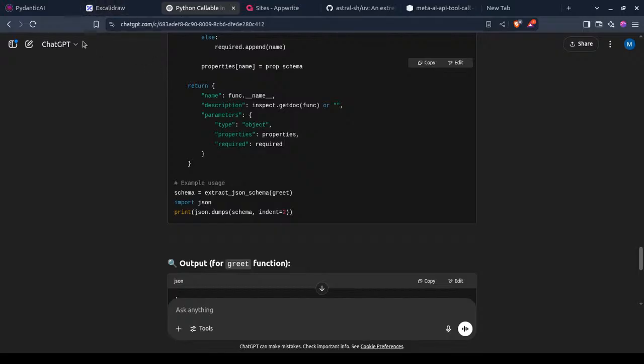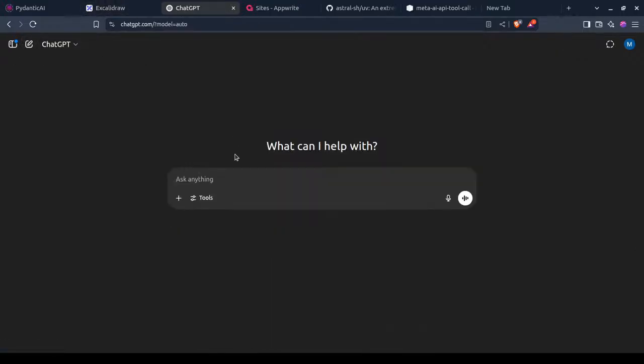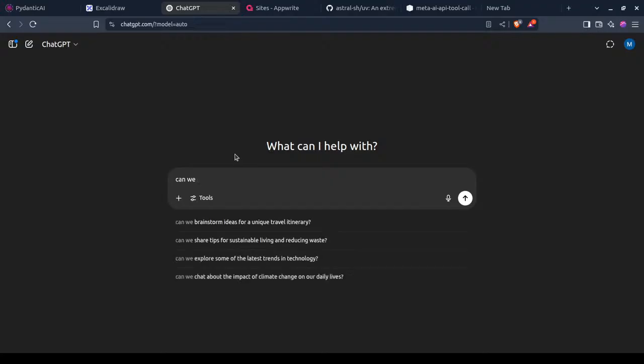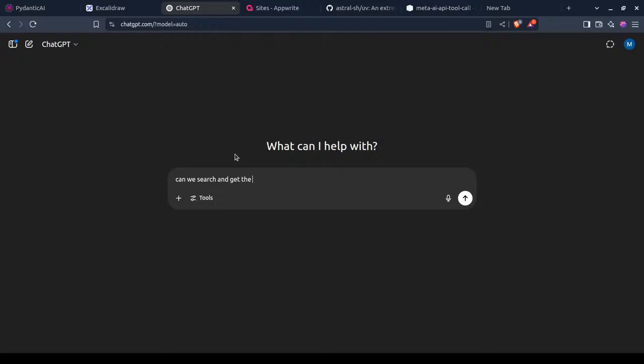We can use GPT. So what can we search, the tool called instead of JSON script?